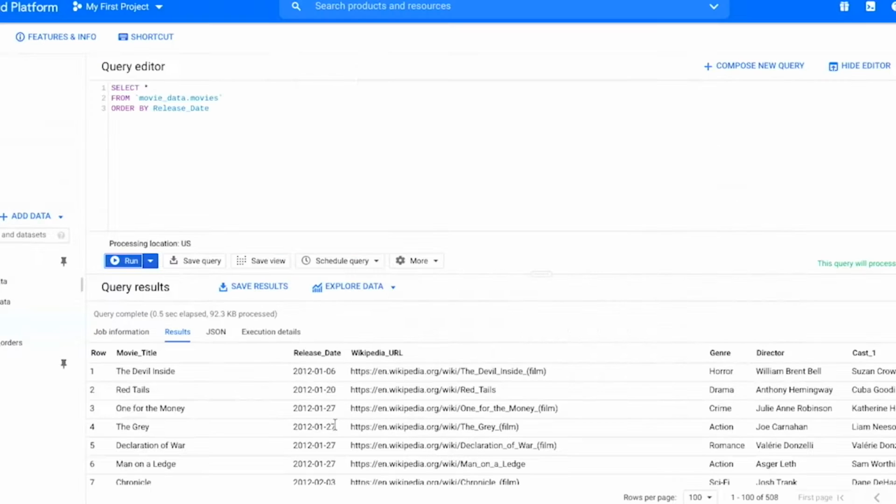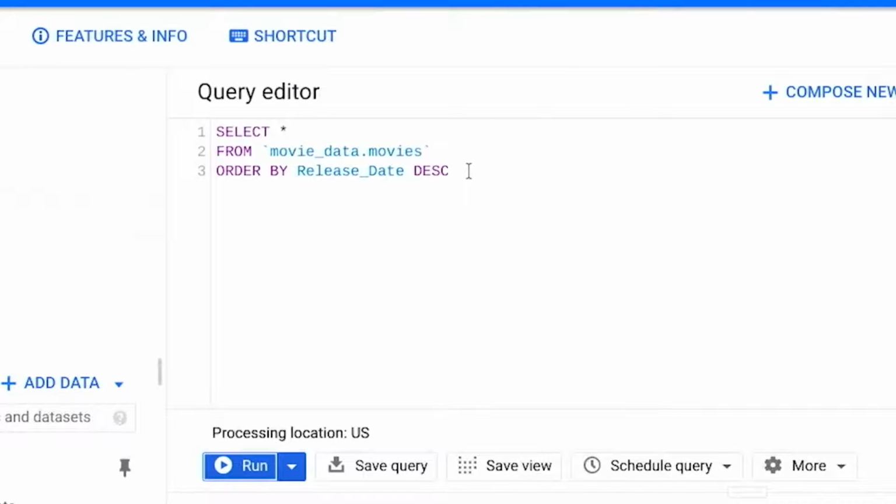But we still want release dates to be sorted in descending order, from most recent to oldest films. We can do this with the where clause. Let's try that now. First, we'll check that the order by clause is always the last line. That makes sure that all the results of the query you're running are sorted by that clause. Then we'll add a new line for the where clause after from and before order by.